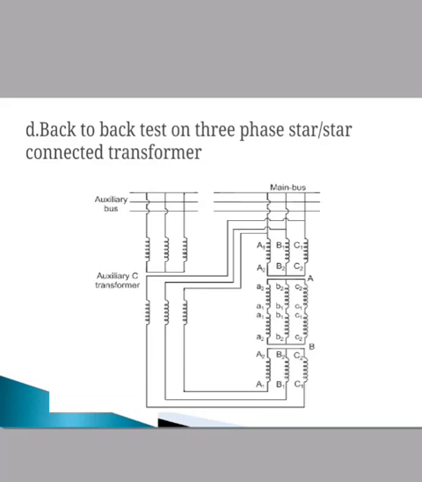From the initial value of resistance per phase and final value of resistance per phase, the temperature rise can be calculated. Already we have discussed the formula, that is R_T2 is equal to R_T1 into (234.5 plus T1) divided by (234.5 plus T2).